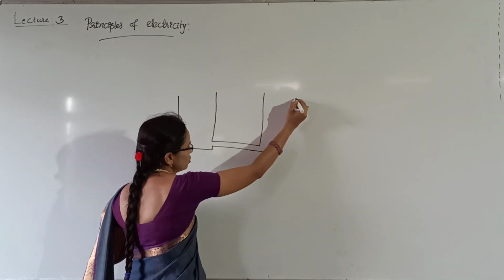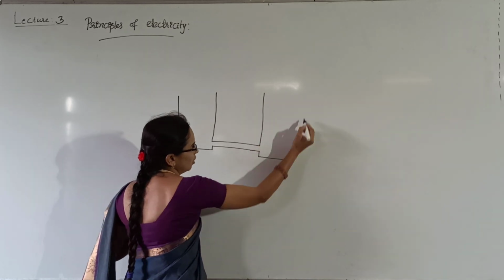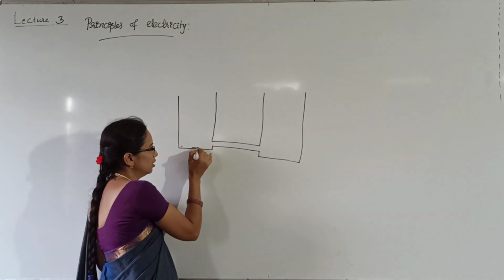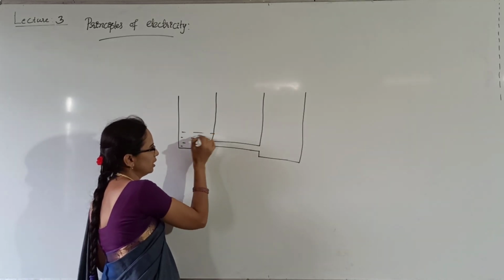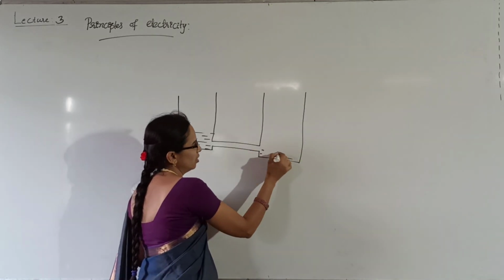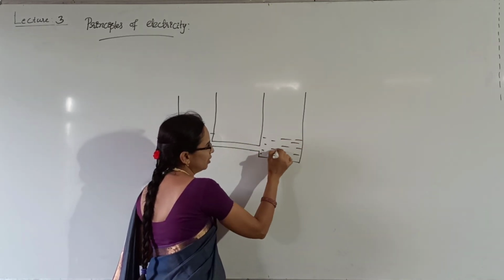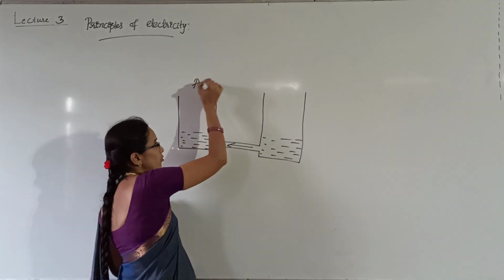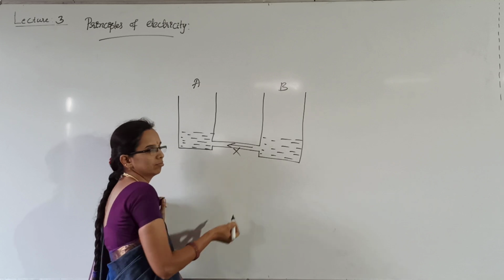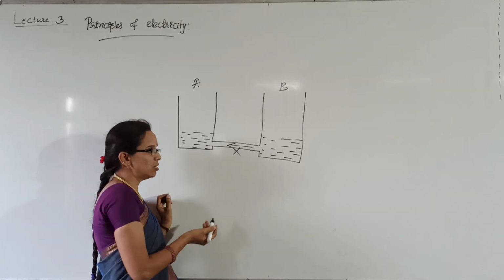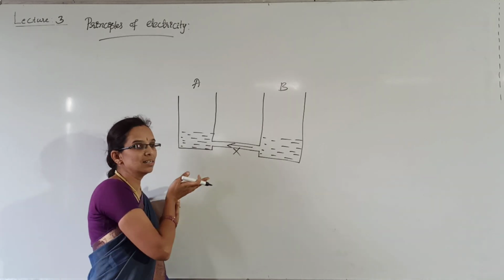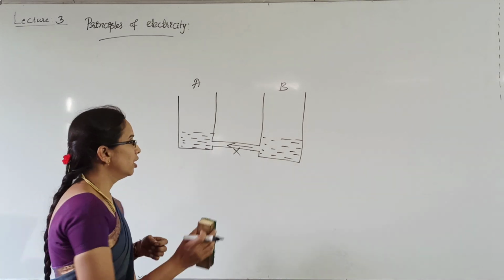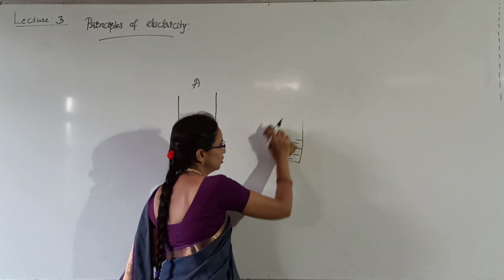while analyzing potential difference. We have considered two vessels with a little bit of water filling in those vessels. But can you expect a flow of water from vessel B to A? No, it will not happen because these two vessels are at the same height. Okay, so what we did is to make the water flow.